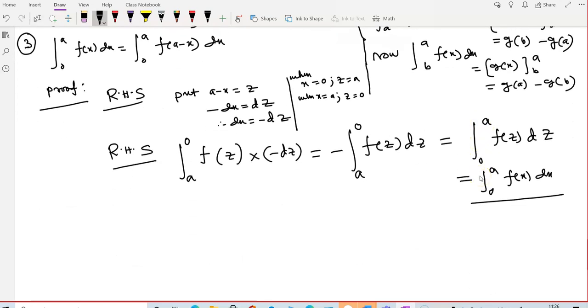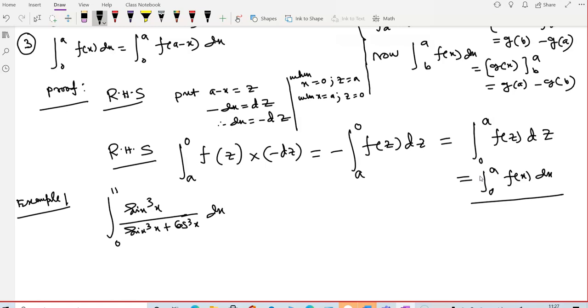Let us evaluate the kind of sum I have said there. We are going to solve it. Just for example, you take example 1. Let us evaluate this thing: the integral from 0 to pi by 2 of sin³x by sin³x